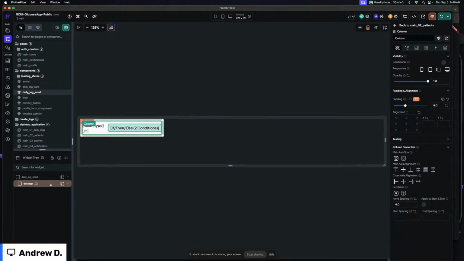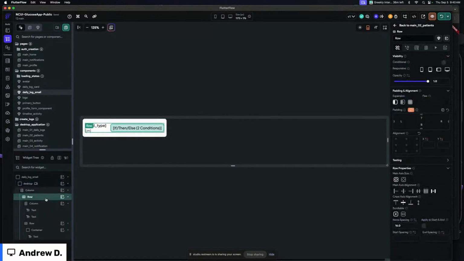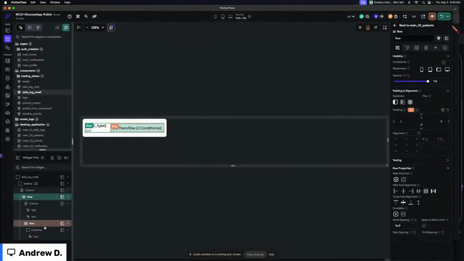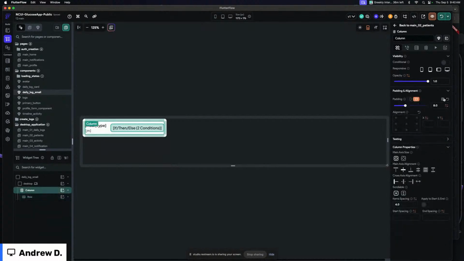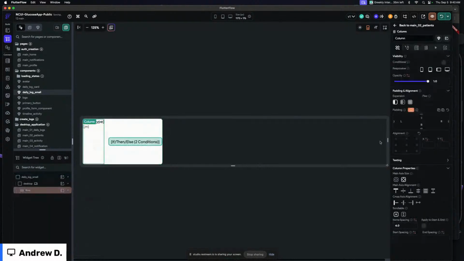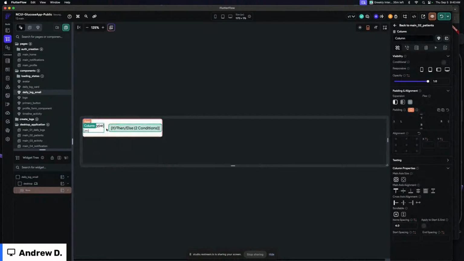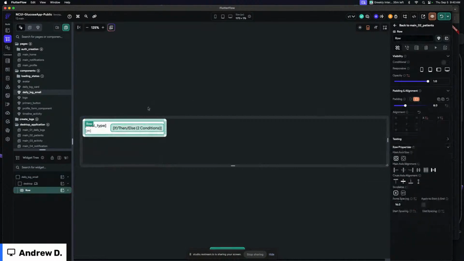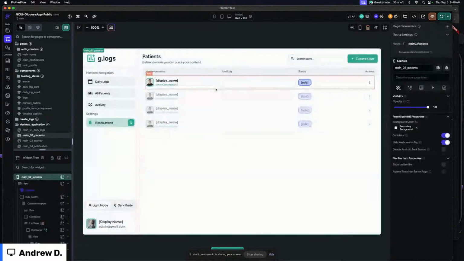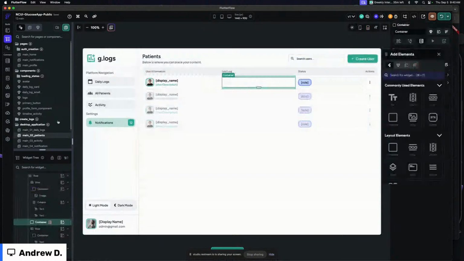Okay. And we're still getting some padding from somewhere. So we don't need that column. That's why. Perfect. Okay. Oh, let's go ahead and copy that. This is the column we don't need. Remove. Tick. All right. And we can just paste that on the row now. Okay. Now what that allows us to do is we can